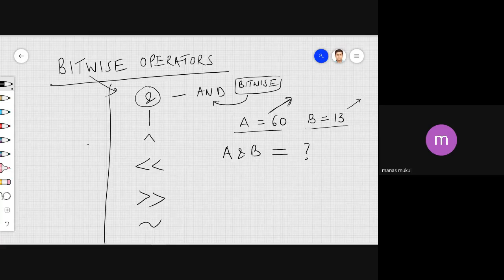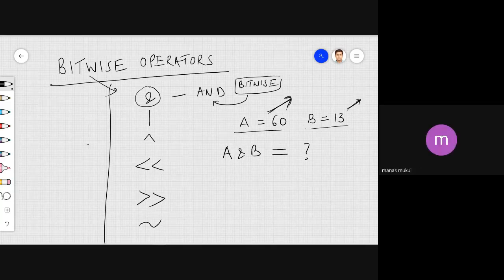I'm waiting, okay? Let's see who can give me the right answer. Change this 60 into binary, change this 13 into binary and give me the answer. Is anyone doing it? Please let me know if you're doing it, otherwise I will do it. While you're doing it, if others are not doing it, please,